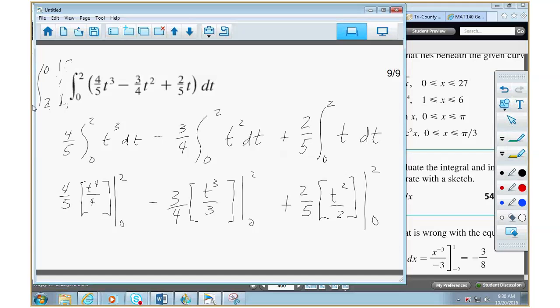You can do that if you want. So what happens here? 4's go out, you're left with t to the 4th over 5 minus